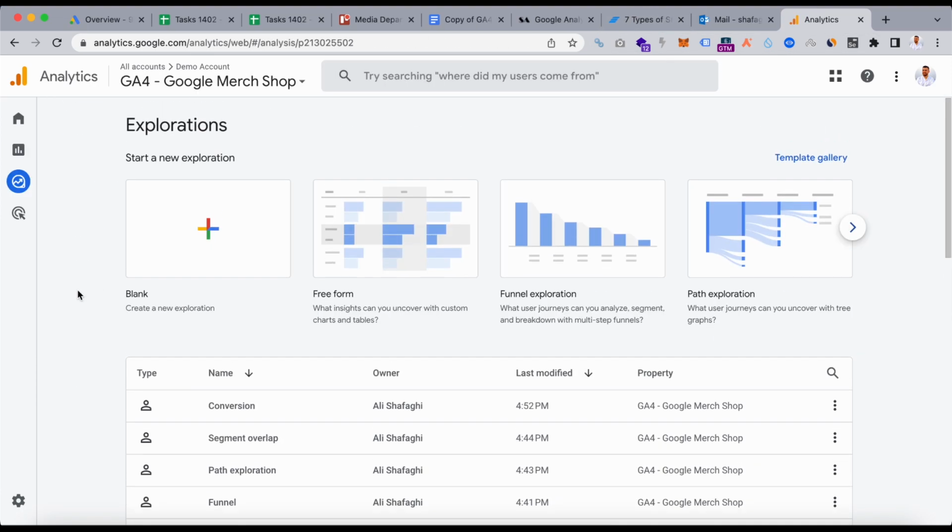We are going to take a look at the exploration section. In this section, you will learn how to work with each of these reports because they are quite the same, and you will learn how to create more drill-down reports. All right, so if we start with freeform,